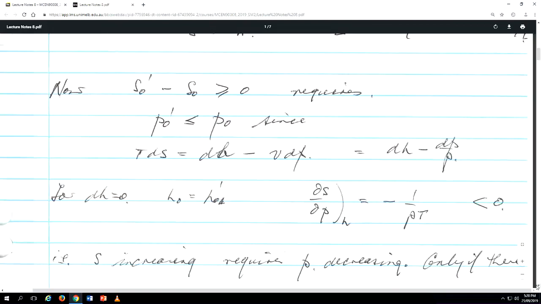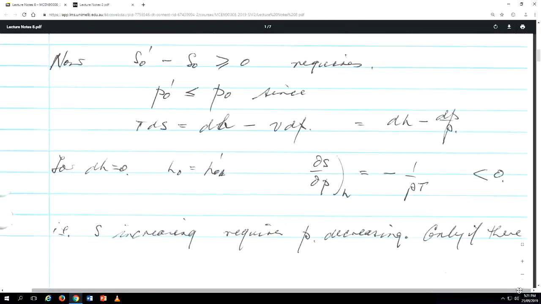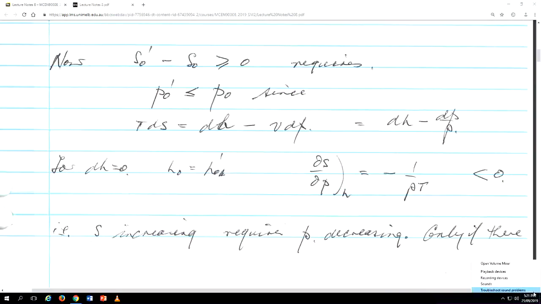And so what that tells you is that the total pressure, P, or the reservoir pressure, if I go from upstream to downstream, has to fall. If it's isentropic, it will be constant. The total pressure will be constant. So S increasing, which I showed you,